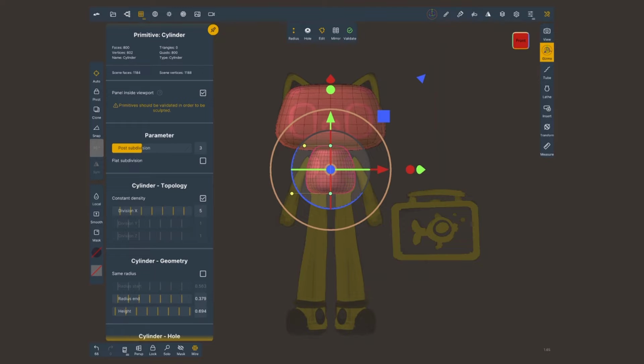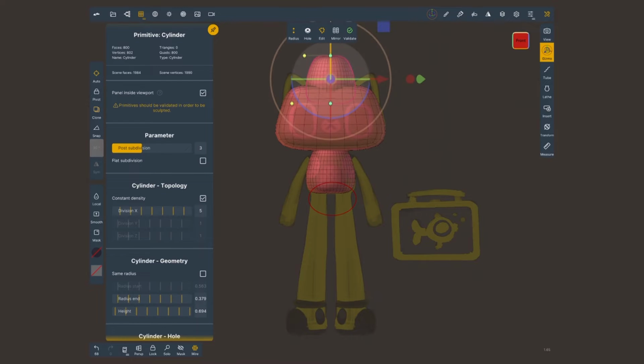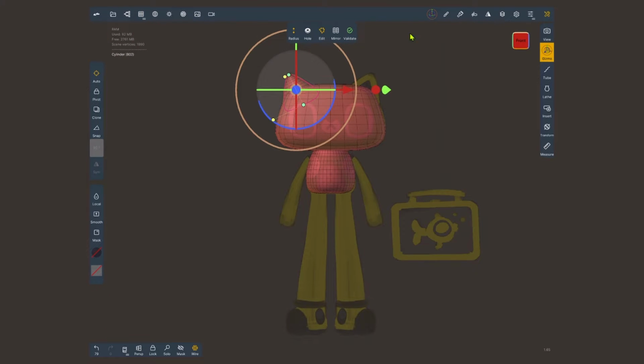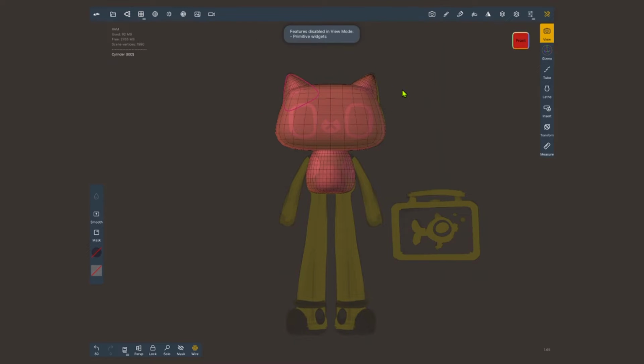If you have very similar shapes, with your gizmo selected, you can tap on the left where it says clone and use this base for any other part. Like in this case, I'll use it for the ears. In this same top menu, I can select mirror and I will get the mirrored copy.